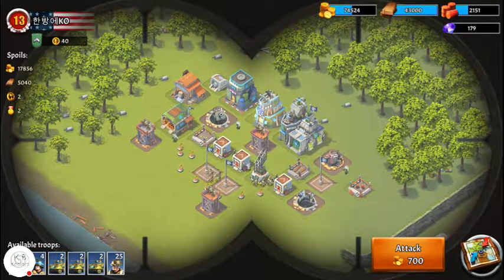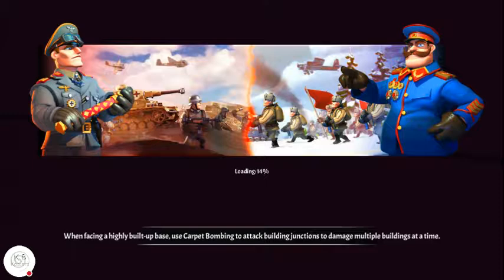I think we might go straight at that tower right at the front. I'm a little worried about that artillery in the back. We'll actually probably go for that artillery. They seem to do the most damage on...